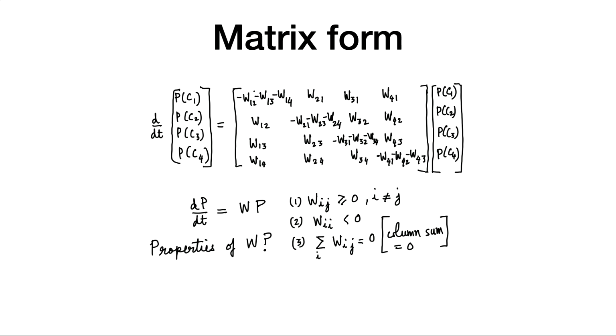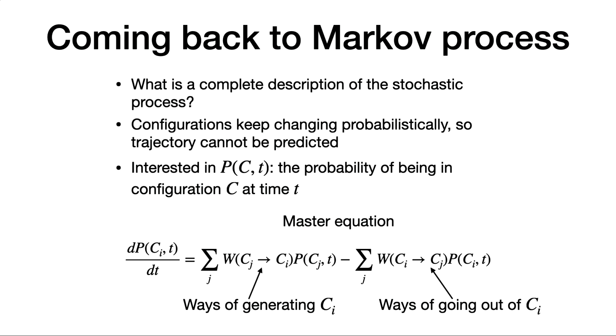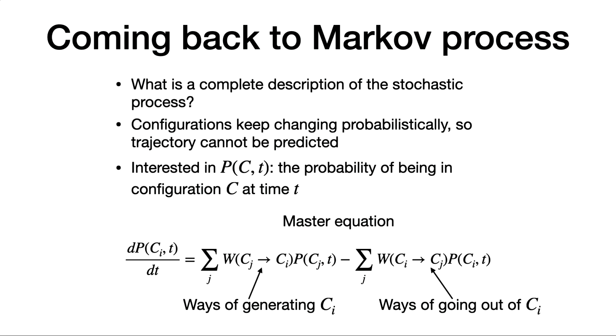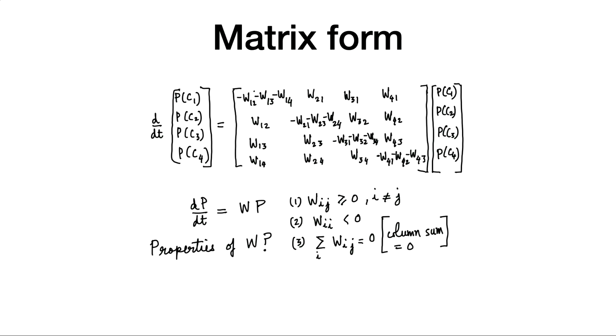So P of C1, P of C2, P of C3, P of C4, a 4-state system. I am looking at the left hand side, which is this one. Now d by dt of P of C1 is the rate of going from 2 to 1 into P of C2, 3 to 1 P of C3, 4 to 1 P of C4, minus 1 to 2 into P of C1, minus 1 to 3 P of C1, which is just writing this out explicitly. Okay. So I have written it out for all the four